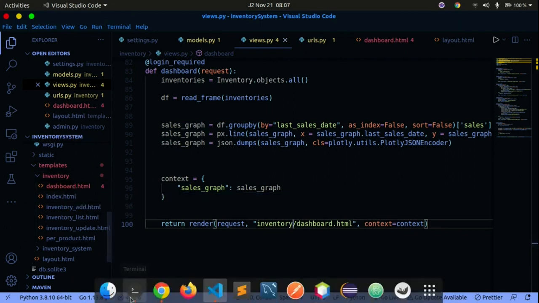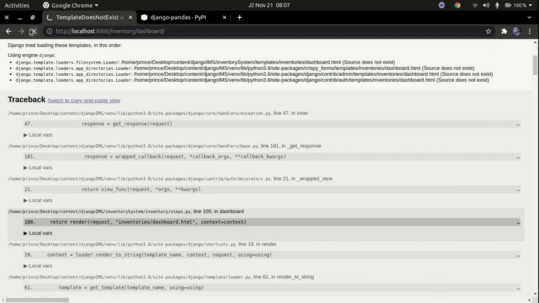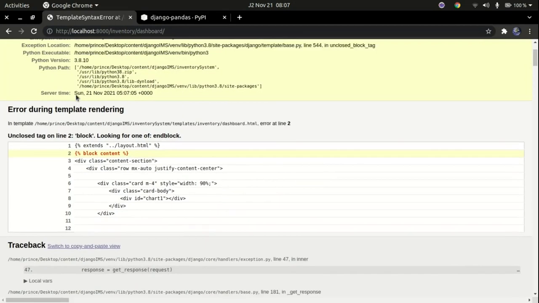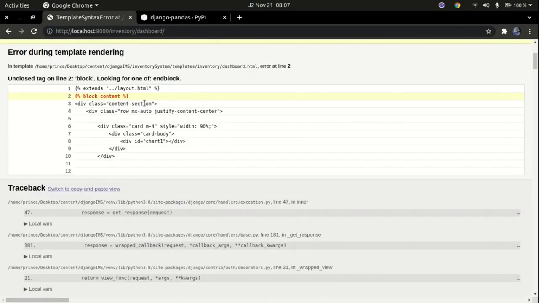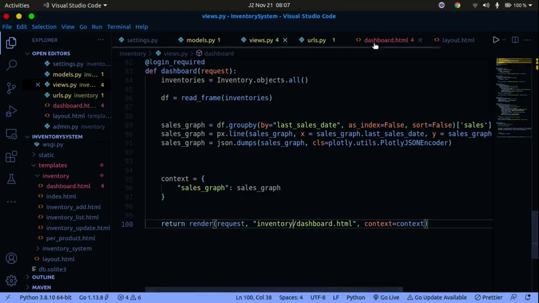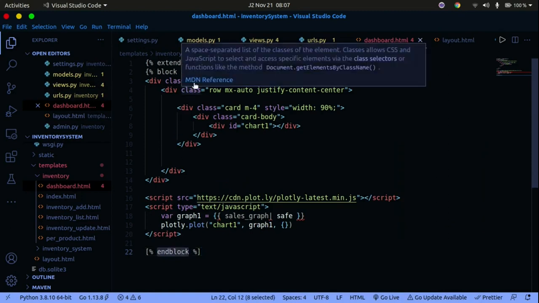Okay, my bad. Let's check if the server is running. Yeah, it is running, so let's go back and refresh this. It says we have an error here. It says it's looking for an end block, so it doesn't find the end block. Let me check the code to see if I included the end block tag here. Yeah, I included the end block here. So block content,